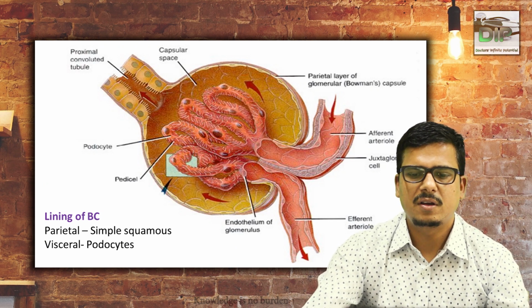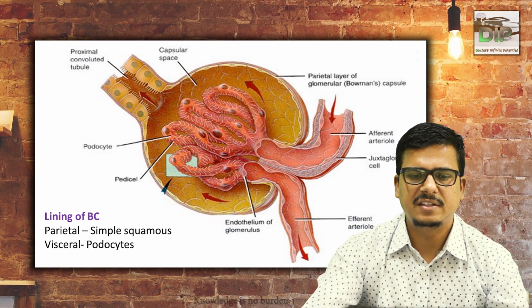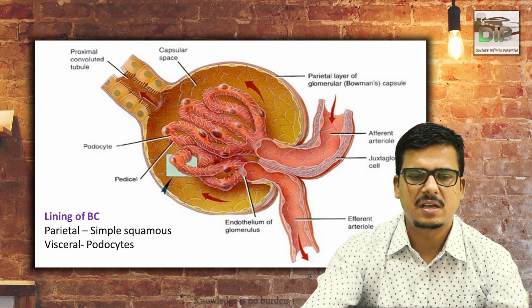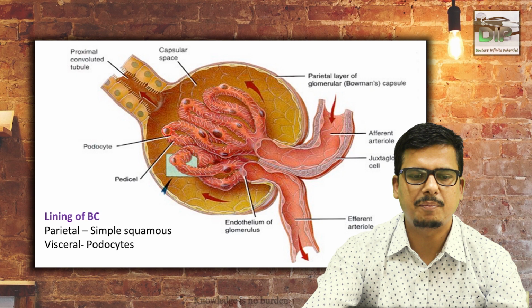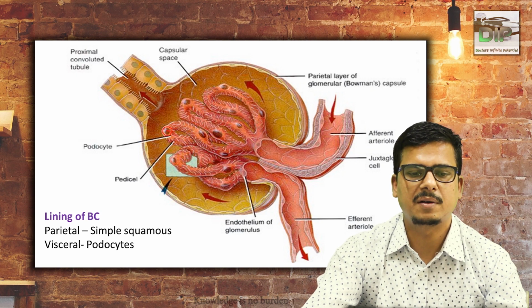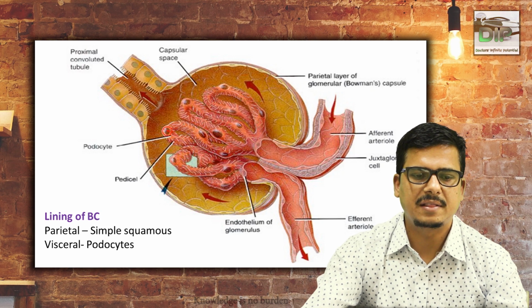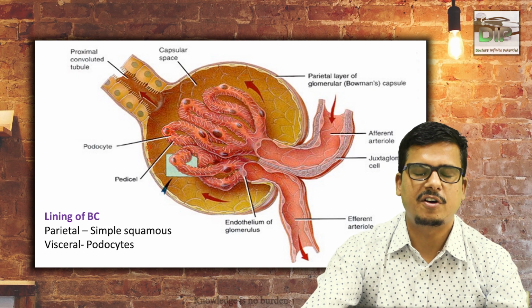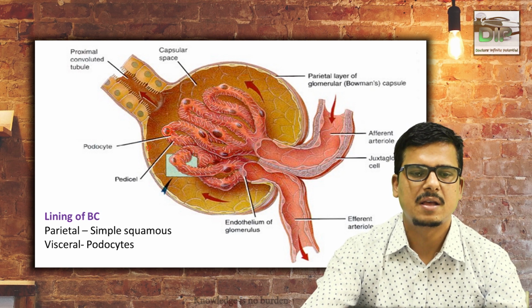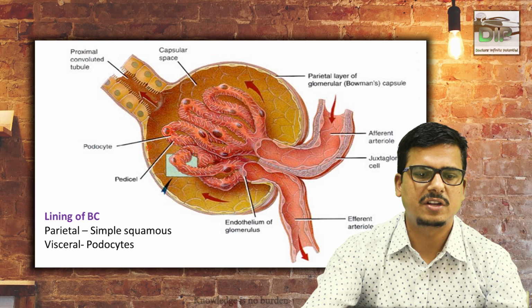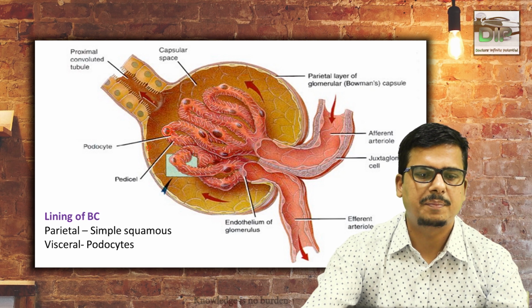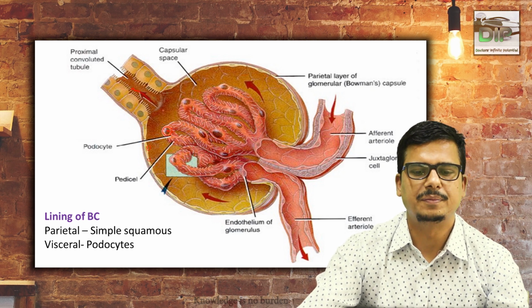This is the vascular pole, the afferent arteriole is here, efferent is here, and these are the glomerular capillaries, lined by the visceral layer of the Bowman's capsule, which is formed by the podocytes. These are the nucleus of the podocyte, and you can see small processes. These are called the foot processes of the podocytes. And this is the parietal layer of the Bowman's capsule, which is formed by flat, squamous type of cells. And this is the renal pole, urinary pole, and this is where the proximal convoluted tubule continues.